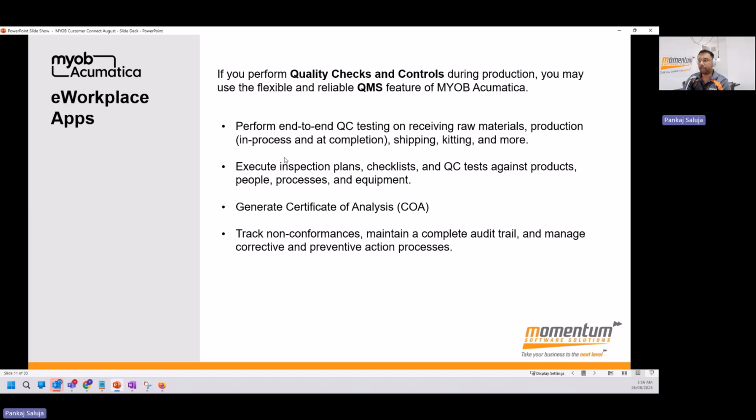You can perform your end-to-end QC testing on receiving the raw materials, production orders, shipping, kitting, and more, which means if you place an order to a supplier, when you receive the goods from the supplier, you can still do a quality check, whether the received items are good or bad on your selection, or do a quality check on yes and no, or a numeric value or alphanumeric value, and execute the inspection plans and checklist